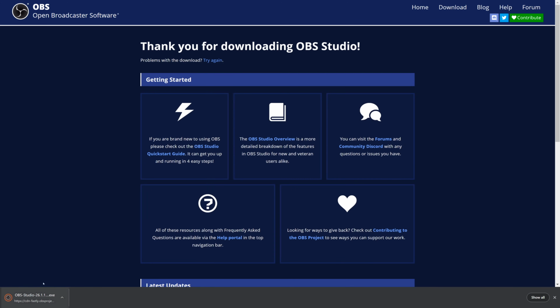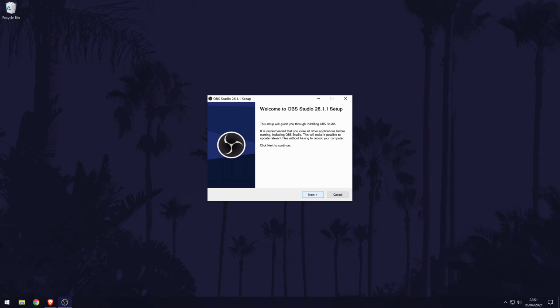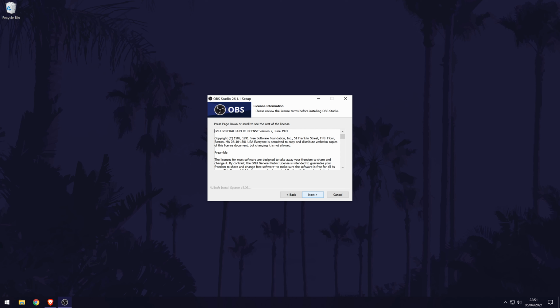Allow the download to complete, and once it has, click on the file to open it. You will now probably need to click on Yes on the user account control screen to begin the installation. The installer window should now open and the first page provides you with basic information, so click on Next. Now you should see the user agreement screen. Click on Next once you have read it to continue with the installation.